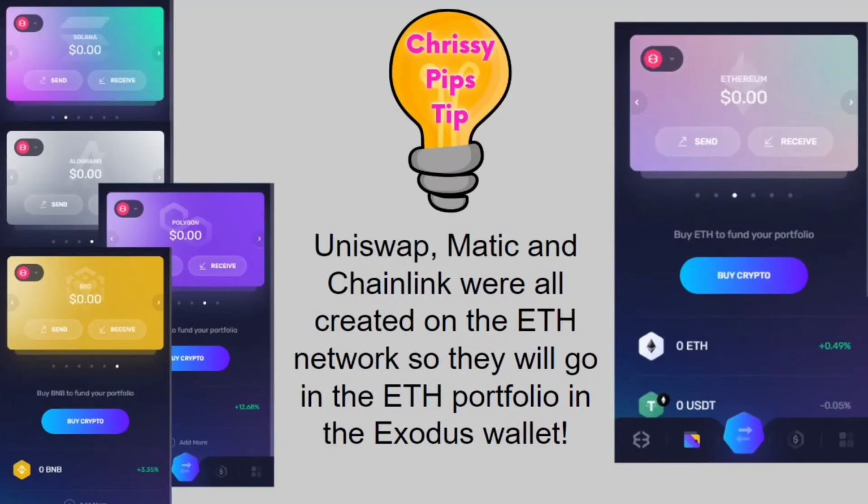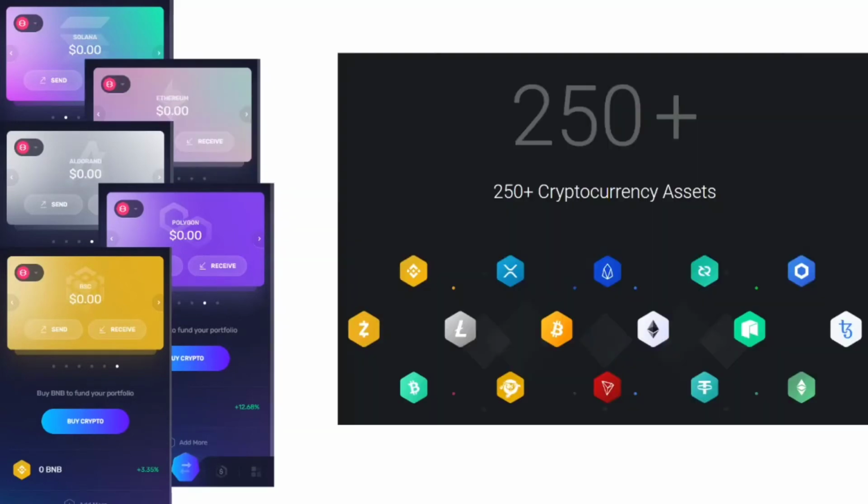Whereas Uniswap, Matic, and Chainlink were all created on the ETH network, so they will all go in the ETH portfolio in the Exodus wallet. Now, I need you to look at this information from this perspective: the ETH network alone has over 3,600 tokens, okay? Now, this wallet only holds a little over 250 total assets that exist in the cryptocurrency space